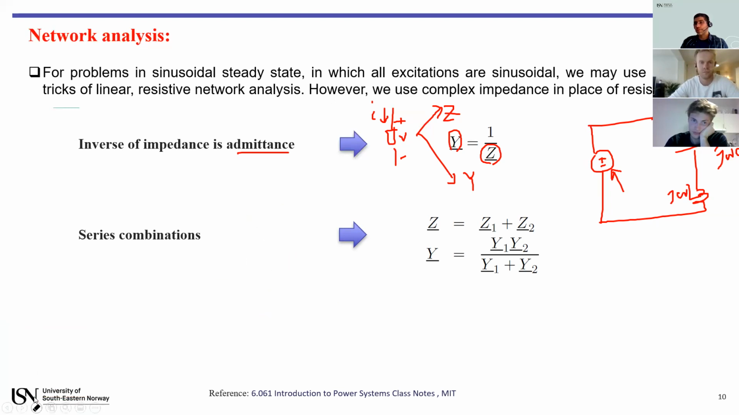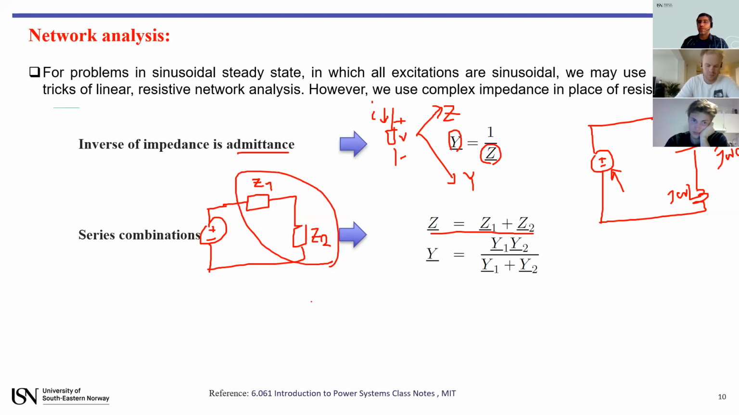For the series, you have one element here and one element here. That is the voltage source. We want to analyze this power system, this circuit. So if you represent element 1 as an impedance Z1 and element 2 as an impedance Z2, we can